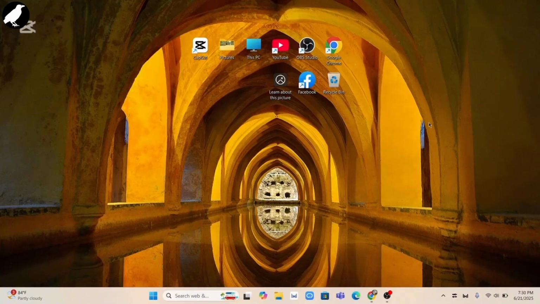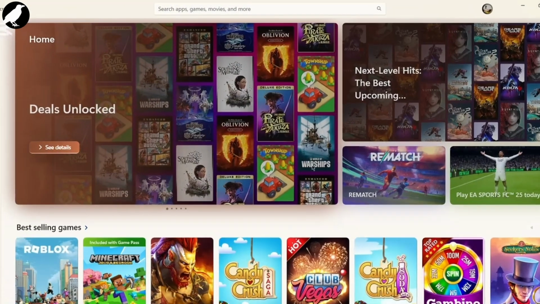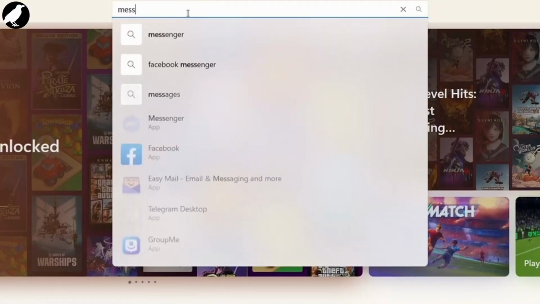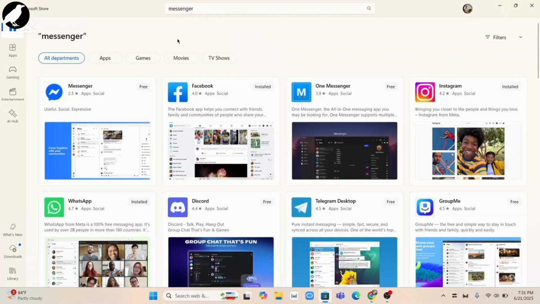First, you'll have to just open Microsoft Store on your PC or laptop. After you open Microsoft Store, at the top in the search field, search for Messenger. Alright, after you search for Messenger, at the first you can easily find the application Messenger. Simply from here, click on that,